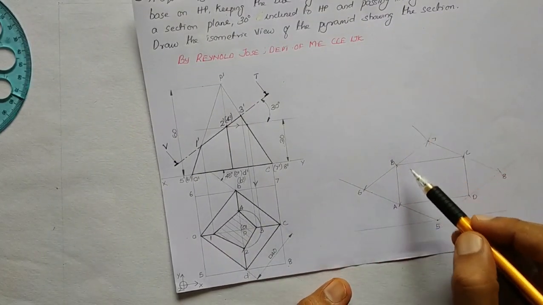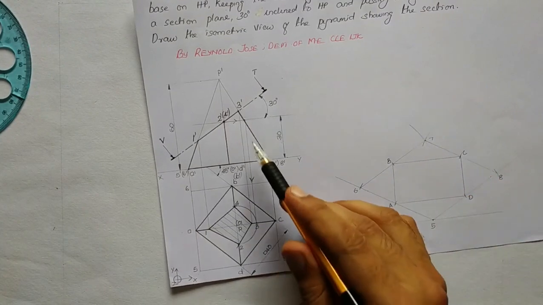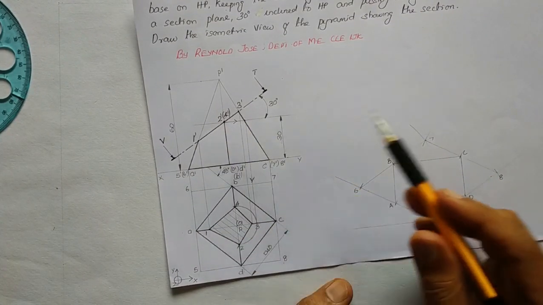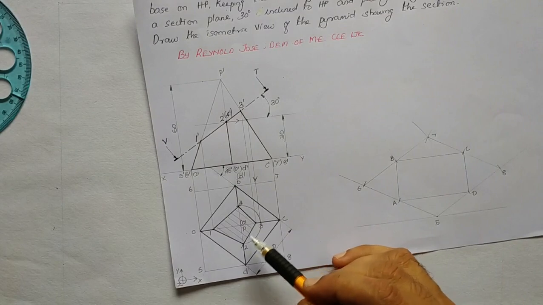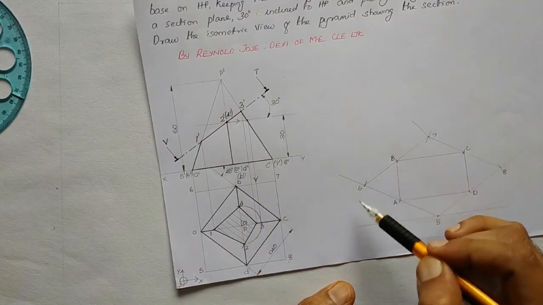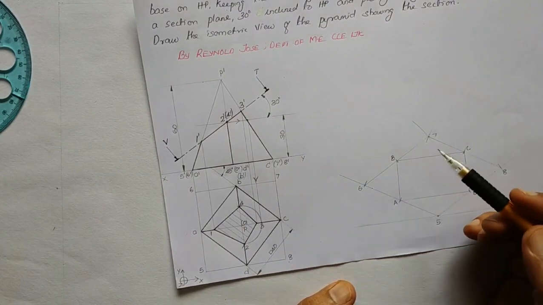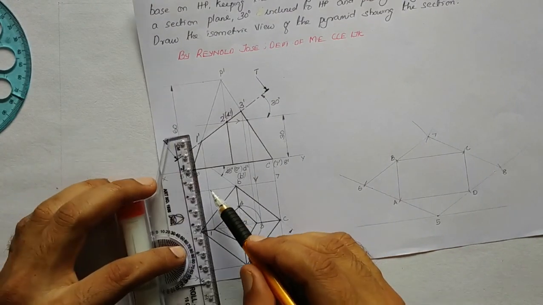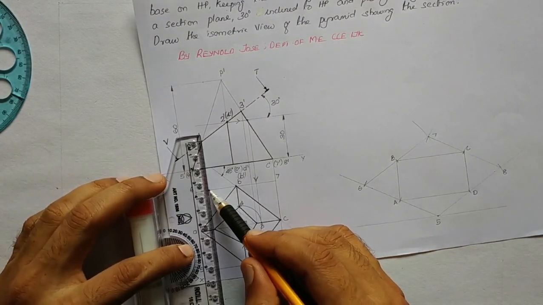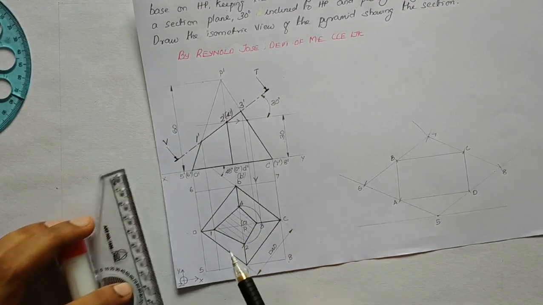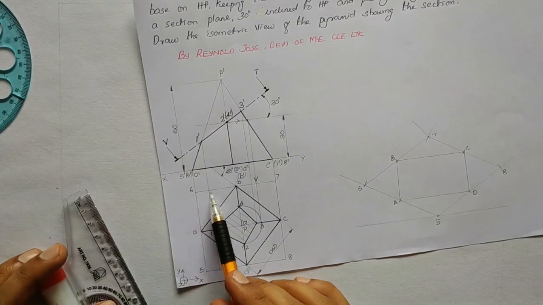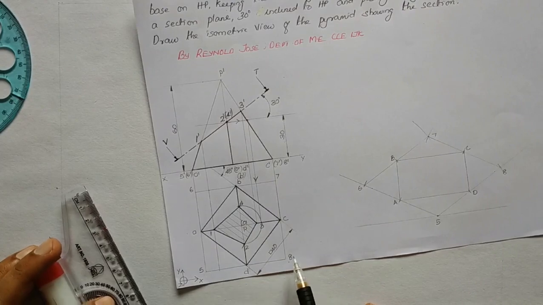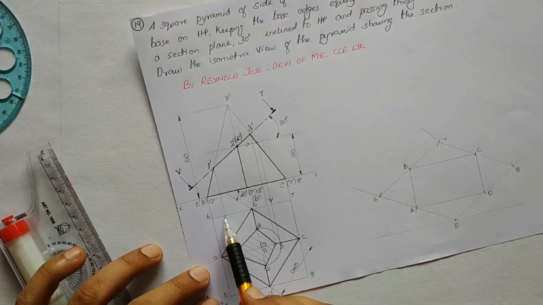Then only we will be able to construct the isometric view of this sectioned solid here. So we have to locate 1, 2, 3, 4. So how to locate 1, 2, 3, 4 in this? We are having a procedure here. So passing through 1, let us draw a thin line here. So this thin line is starting from 6 7 and ending at 5 8. So you take this measurement in compass.